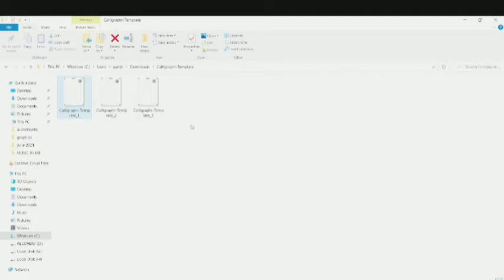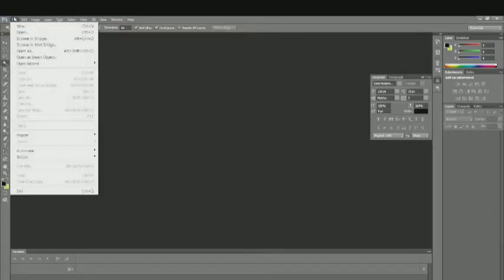You can use any drawing or designing software, whatever you want to go with, and write your own fonts using that software. I'm going to be using Photoshop. You can use Illustrator, or you can use Paint. Pick whichever software suits you best, and write your own fonts on this font template. So I'm going to be using Photoshop. In Photoshop, we're going to import our own file, the font template, and then write our own fonts.